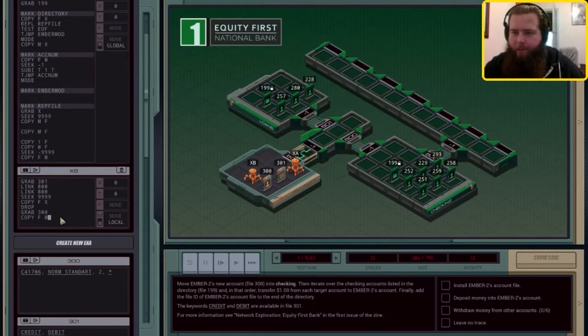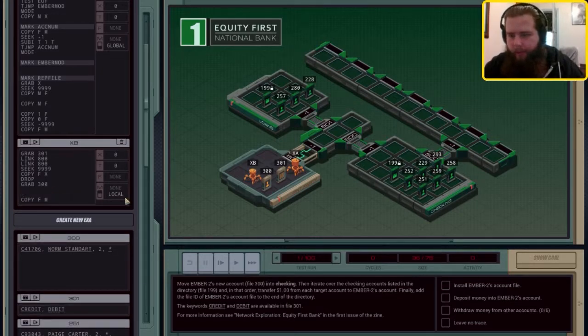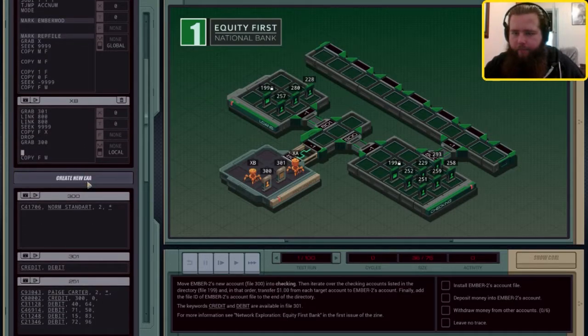But we kind of want this to loop. We do want this to loop. So, well, we don't need all of it to loop. We just need this bit to loop. Mark. We'll call it 301 loop because that's the file it's holding. No, it's not. It's holding file 300. So this needs to be, at this point, it's just, well, we'll call it